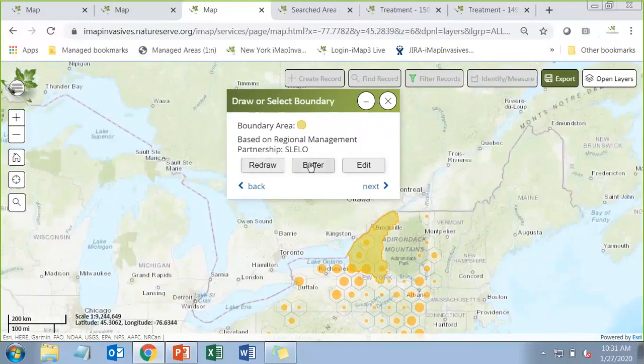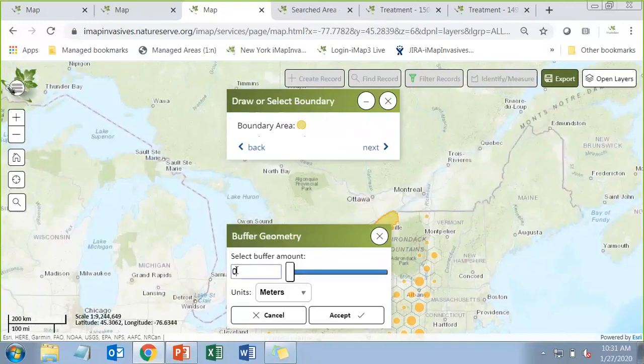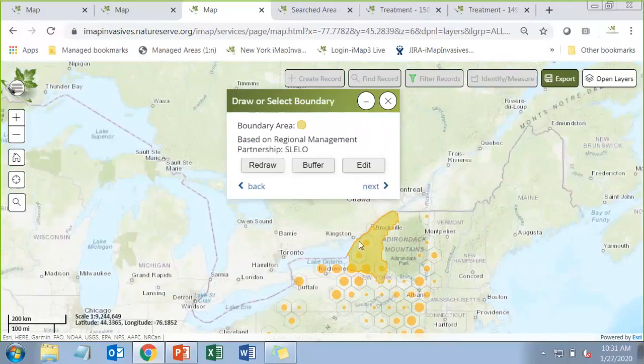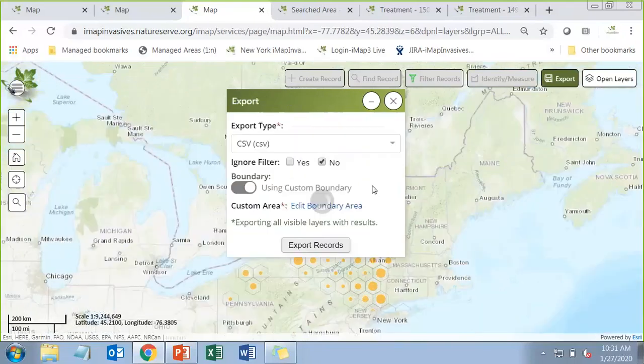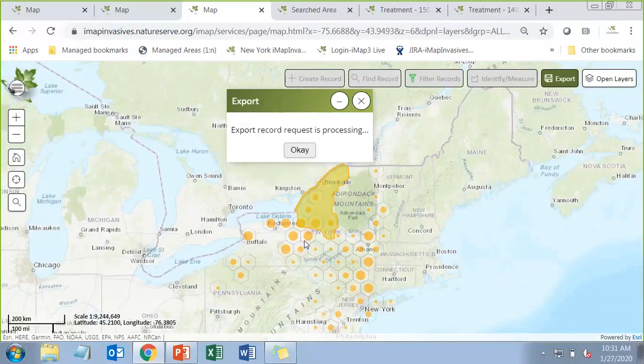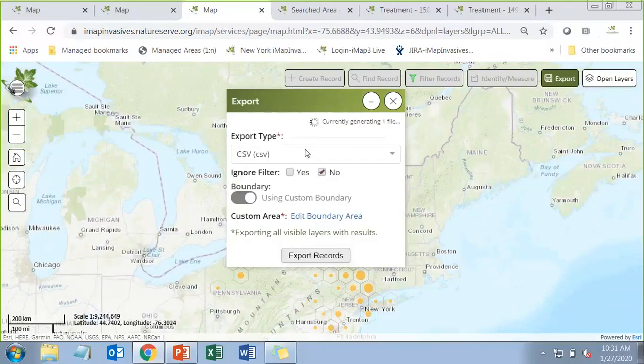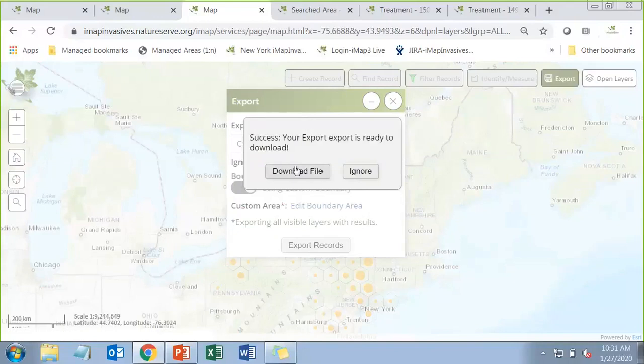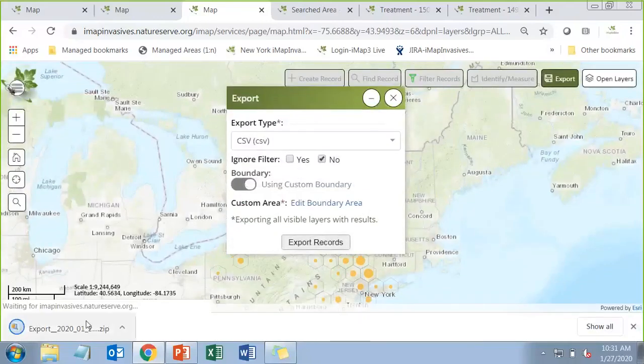I can actually add a buffer to this. So say if I want to do 3 miles of a buffer. This does use a lot of bandwidth on your computer, so wait until you're in good connectivity to do this kind of thing. You can hit accept. So that actually just drew a 3-mile buffer around the SLELO PRISM. I can hit next and then hit export records. And so it's going to spin for a moment so that I get my file, and now I get a new zip file